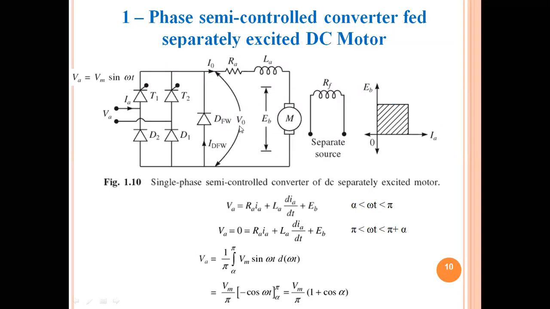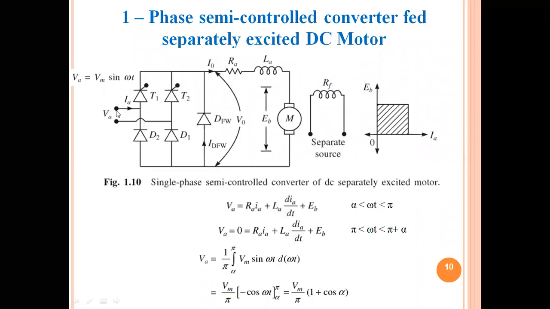Okay. So that is about its construction. Coming to its operation, we will have 3 modes. The first mode belongs to T1, the second mode belongs to T2, and the third mode belongs to the freewheeling diode mode. Okay, so coming to the first mode,